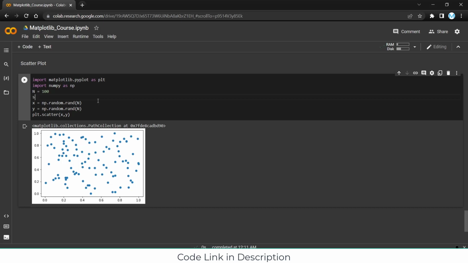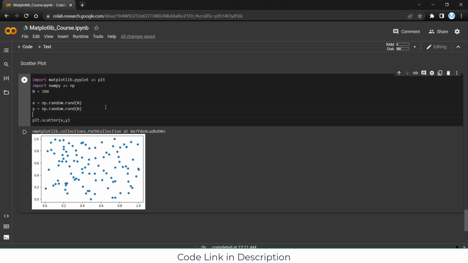Let's add another parameter, let's say scale, and let's say scale is 10 times x star y. Let's copy the scale, cut it, and move it here, and after that plus comma plus scale equal to scale. If I press Control Enter,